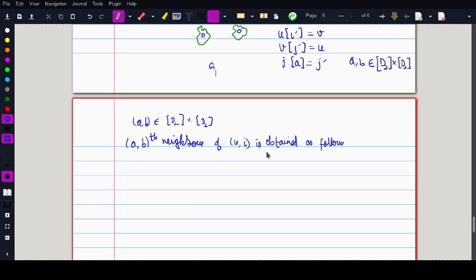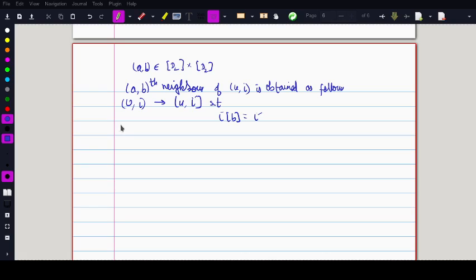So let's write it in a better way. You are at u comma I, and you go to u comma I prime such that I of b is equal to I prime. The bth neighbor of I is I prime,